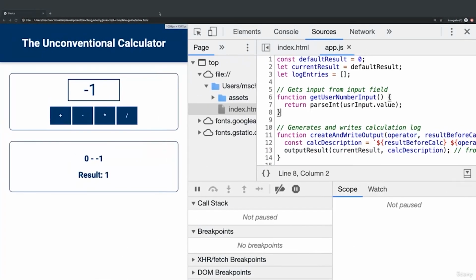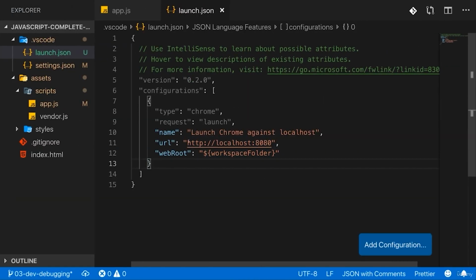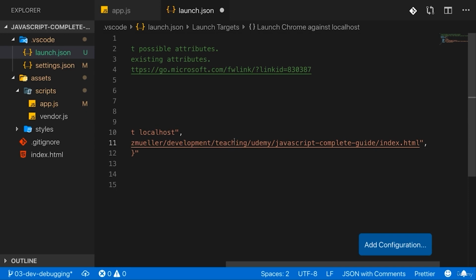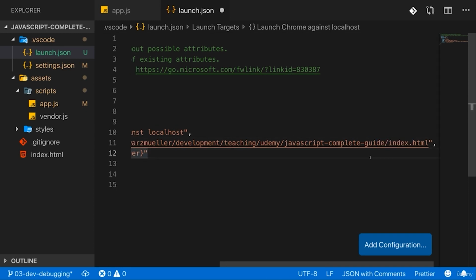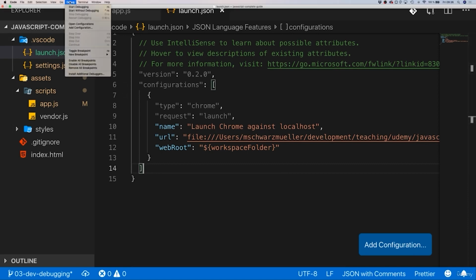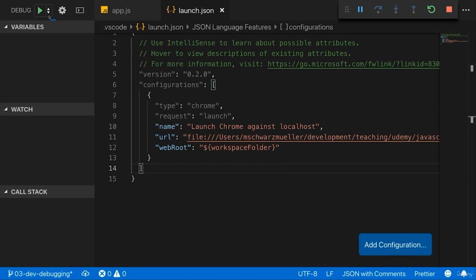For now, we should just copy and paste this URL, which we opened in the browser, and basically paste this in here, using the file protocol and then the path to your index.html file ultimately. With that, if you save that, the rest can stay as it is. You can now press debug, start debugging again. And what this will do is it will now launch the app here,